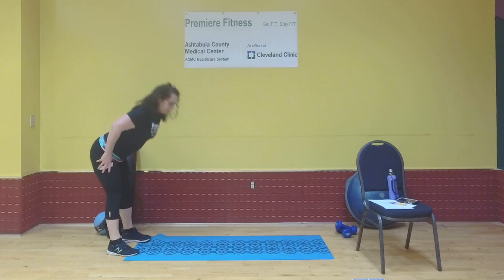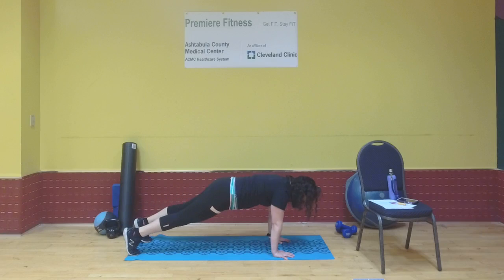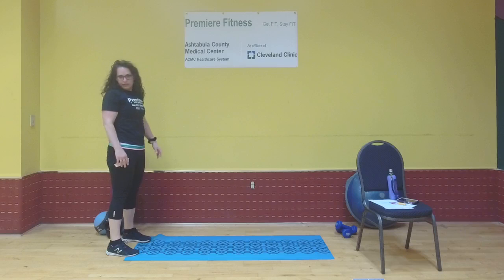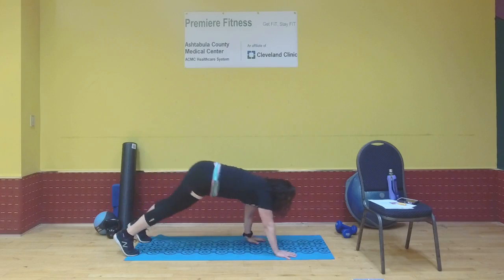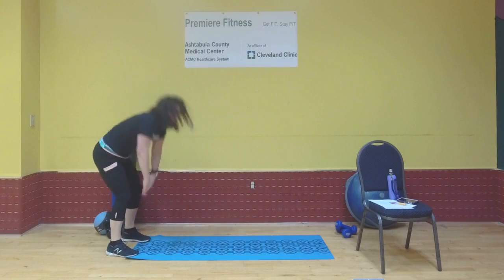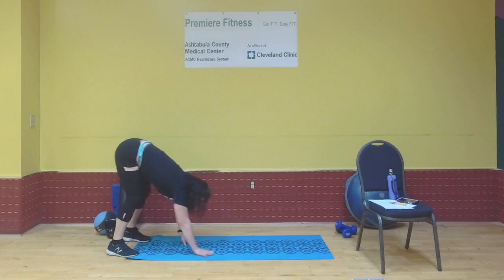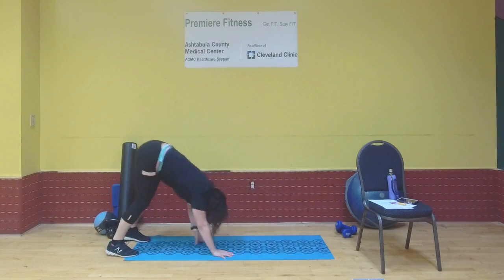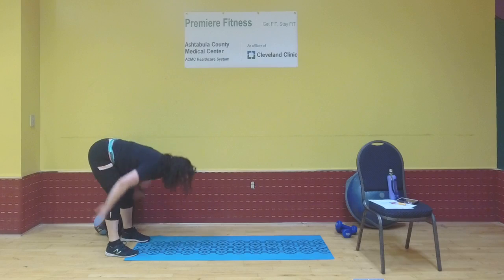2, forward, walk it out. Hold, walk it back. That's 3. Forward, hands to the floor, walk it out, hold, walk it back. Halfway there. You got 4 more in you? I think you do. Walk it out, hold, walk it back. 3 more. Forward,